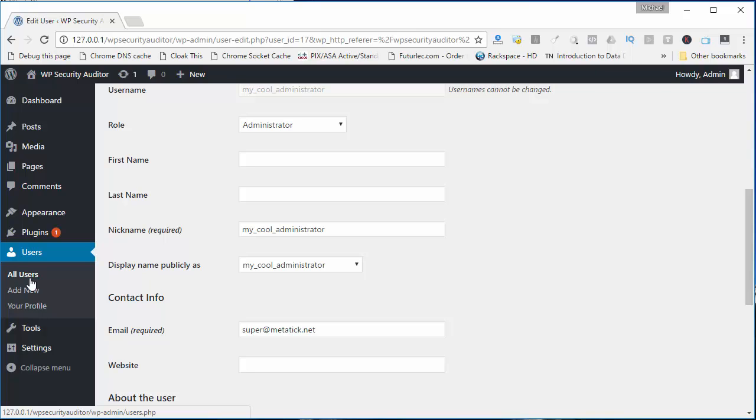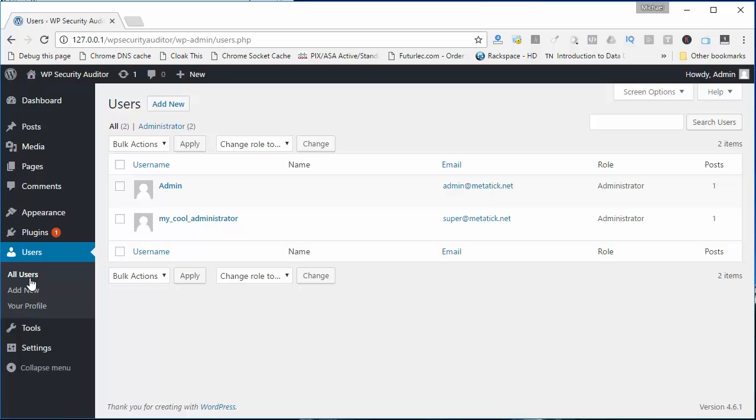Now the second way you'll need to do this slightly differently is if you're currently logged in as the user that you intend to replace. So for example, at the moment I'm currently logged in as admin, and so if I was to go through the same process, I wouldn't actually be able to delete this account because I'm currently logged in as it. So if I just click on Add New,